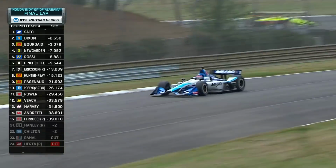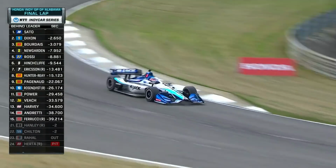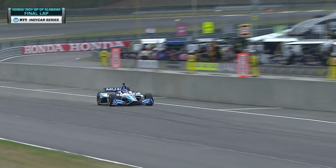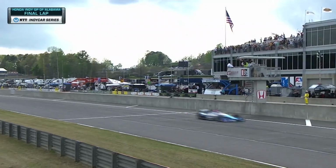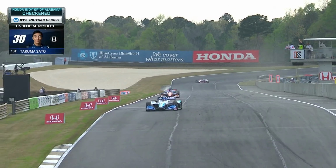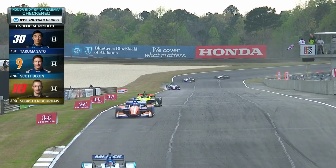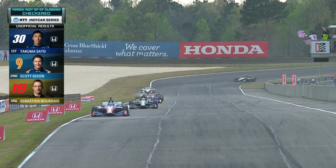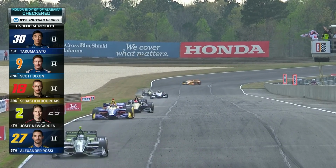It will be his 4th career win at 4 different tracks. What a day for Takuma Sato. He wins for the first time at Barber Motorsports Park. Winning in Portland last year, wins in Barber here in round 3 of the 2019 championship over Scott Dixon and Sebastian